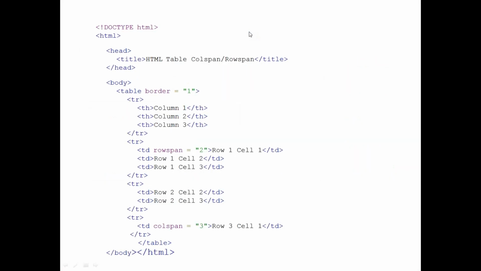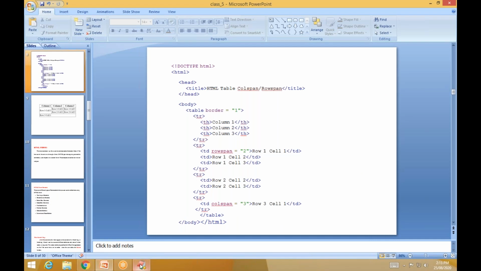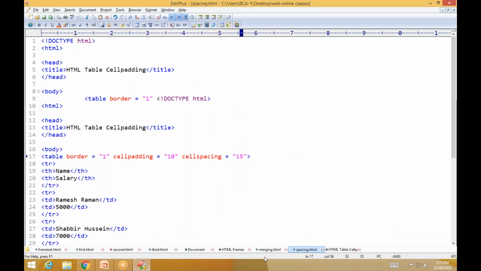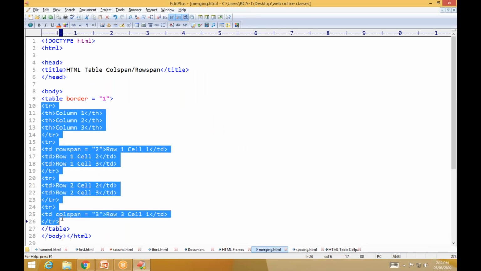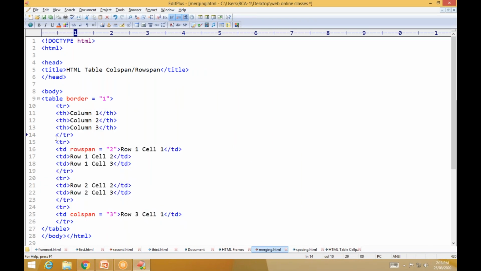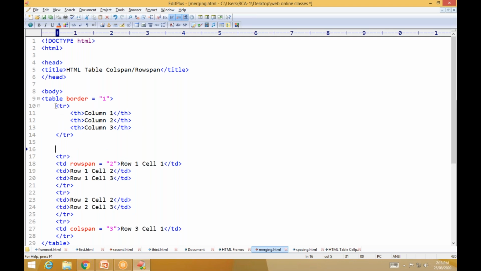So I'll show you this example of how to create row span and column span. I already created one example here. This is a table, within the table I use some rows. This is the first row, 3 columns. First you have to understand what it indicates. tr stands for table row.